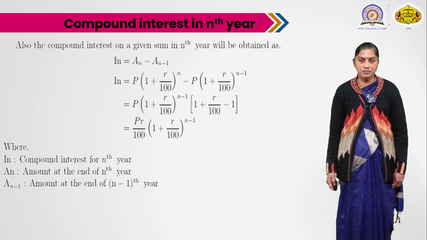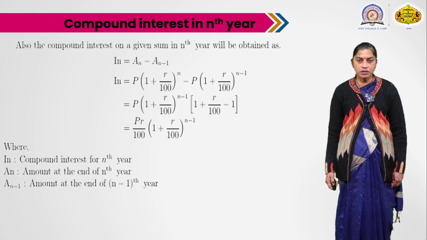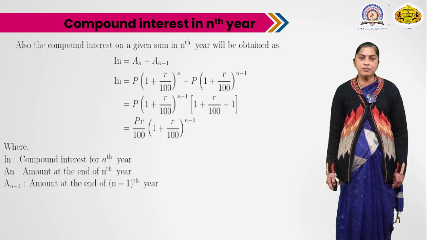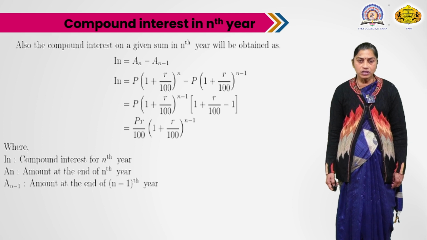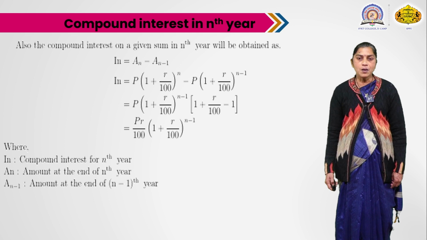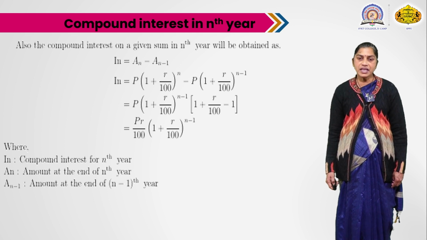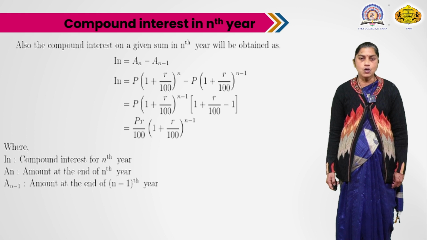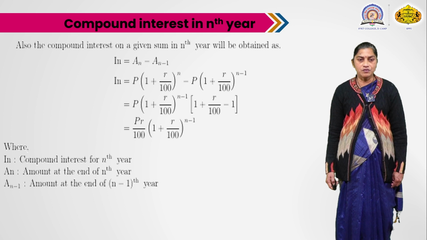n minus 1. Take P common, also 1 plus R by 100 raised to n minus 1 common from both the terms, remains 1 plus R by 100 minus 1. 1 gets cancelled in bracket and there remains only R by 100. So, simplification gives the answer to be PR by 100 into 1 plus R by 100 raised to n minus 1, where